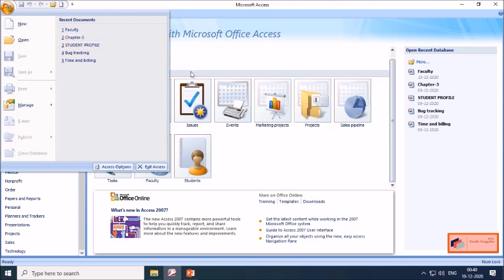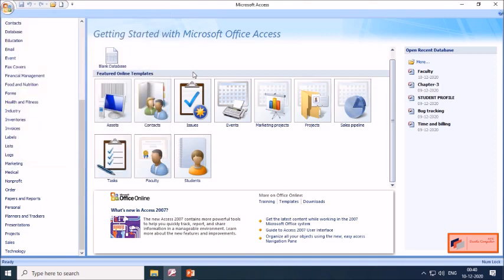Now below that, in the middle of the screen, you can see featured online templates. So these are also ready-made templates. If your computer has an internet connection, you can open such types of ready-made databases.